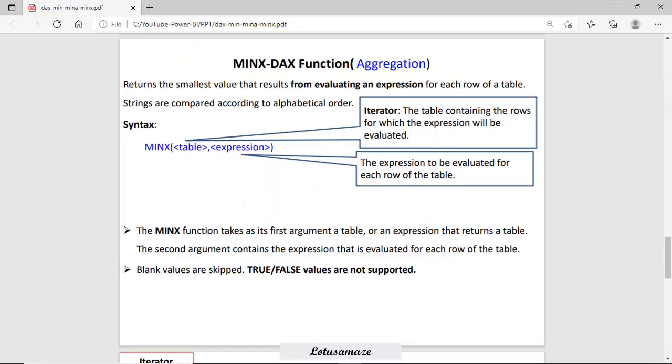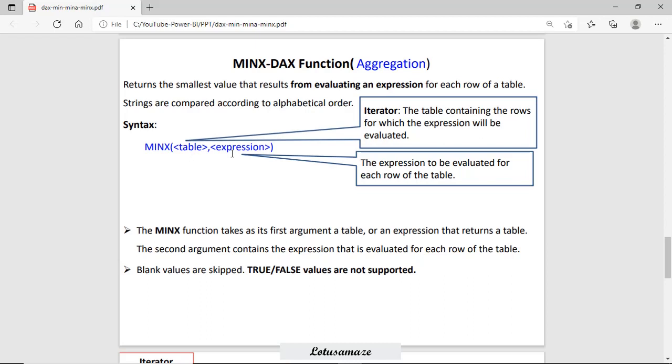Next one is MINX. MINX does the same thing and finds the smallest or minimum value, but it does it in a different way. As you can see in the syntax, it requires two parameters, table and expression. Table is the iterator. It means each and every row will be processed one by one.